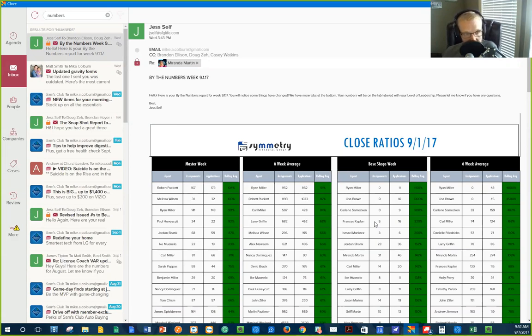Even though I've chosen to allocate them, Symmetry won't let me allocate to you because they don't see it being profitable. If all you have is a 15% close ratio, that's not profitable. Okay? I consistently bought 10 A leads a week for a year and a half, and my closing ratio was 55%. I didn't buy 5 A leads.